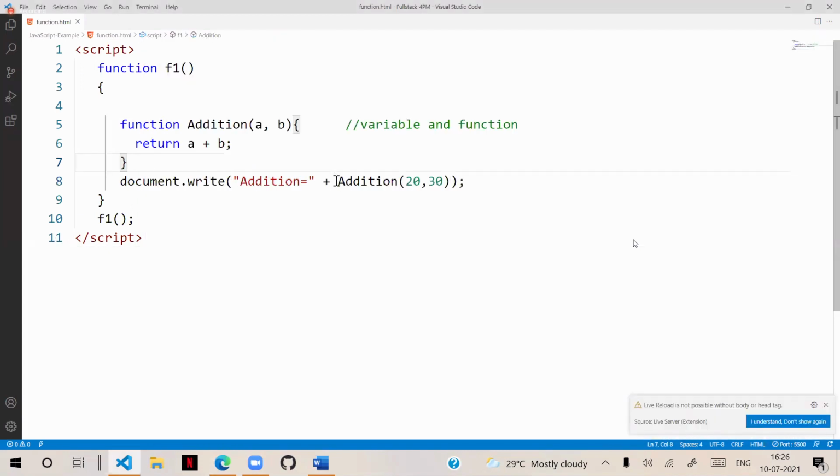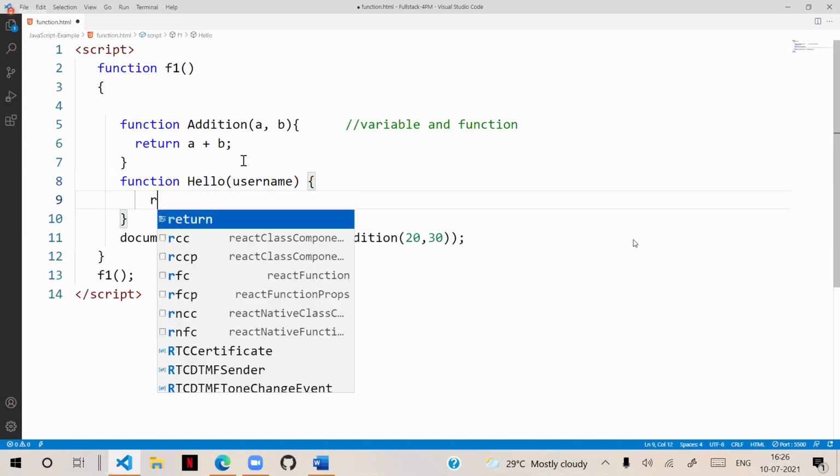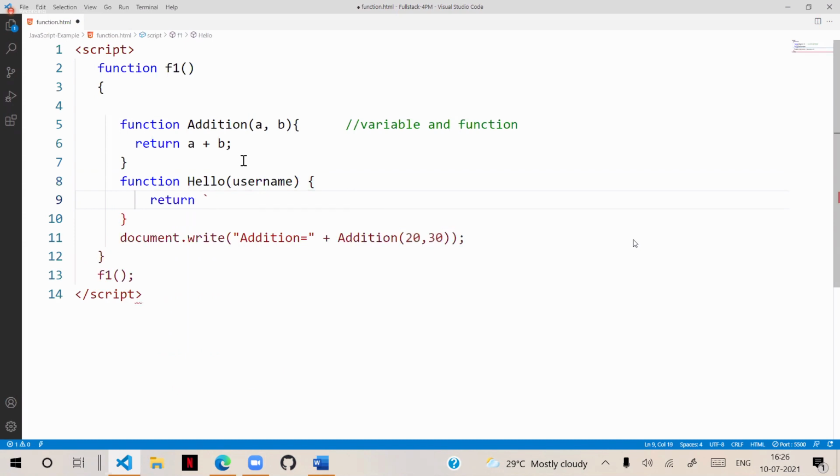That means now this doesn't require extra memory. For example, we have a function, some hello is the function. And we have username, and it should return some string. So saying hello, and then the username.